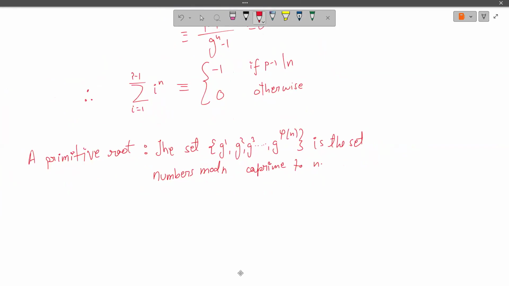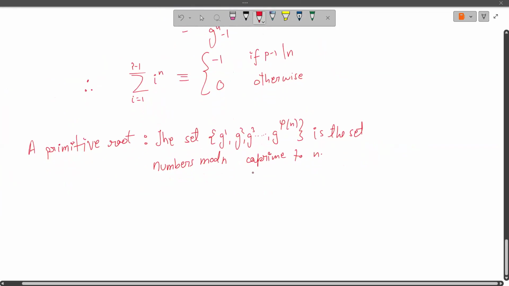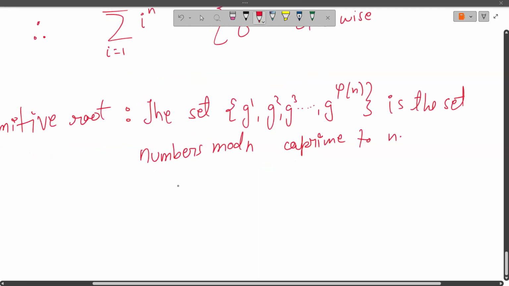Does this make sense, or should I write a bit more of this? I think it makes sense. Nice. Other people? Yeah, it makes sense. Cool. It is somewhat like Euler's theorem, I would agree, but it's not really Euler's theorem. Okay, so